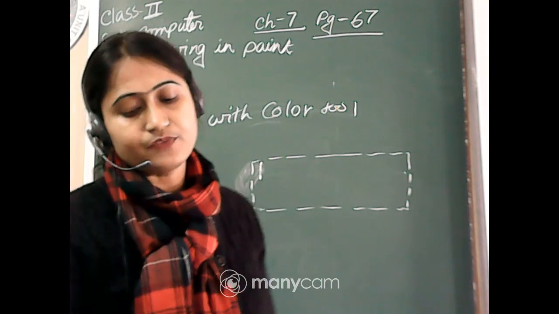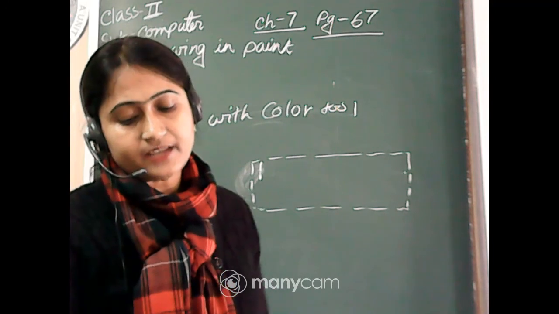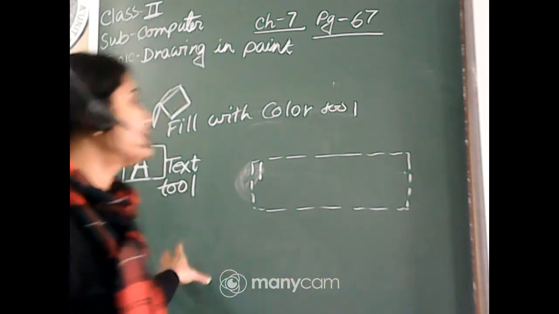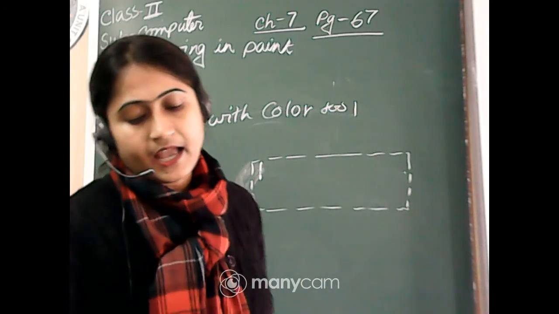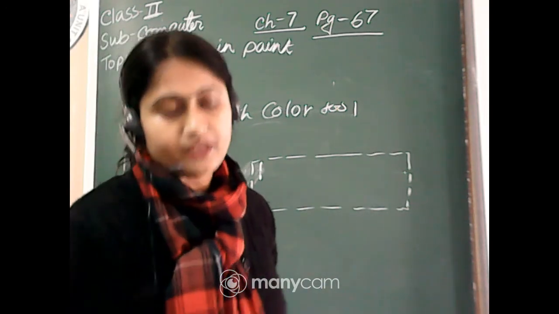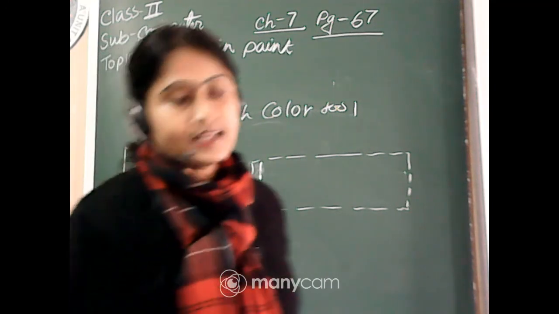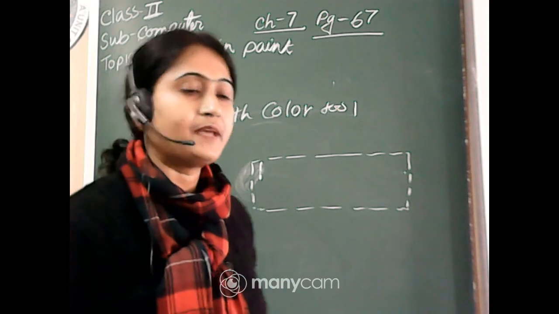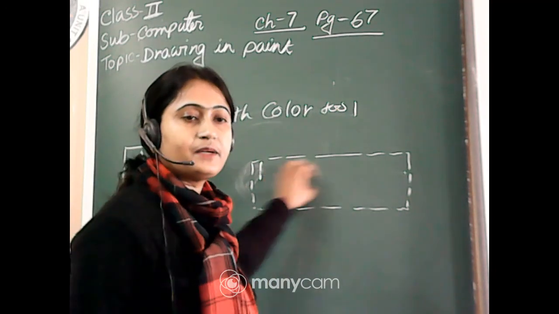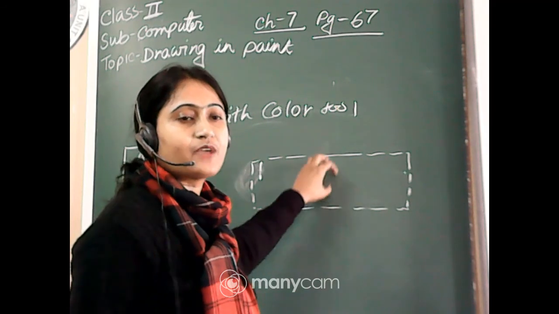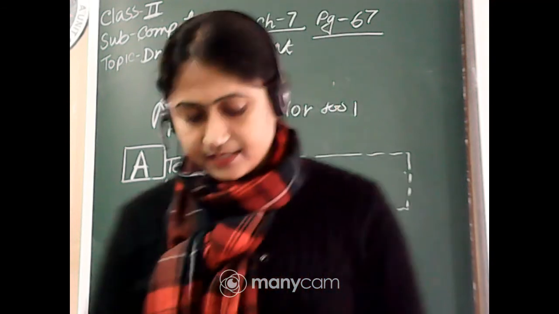Type the text you wish to enter in the text box. Once done, click outside the box. Once you have finished, you just click outside the box, anywhere on the drawing area, and you will see that the text appeared at the designed place. The dotted box will not be there, but whatever text you typed, you can see on that particular place. Okay, appeared in the designed place.